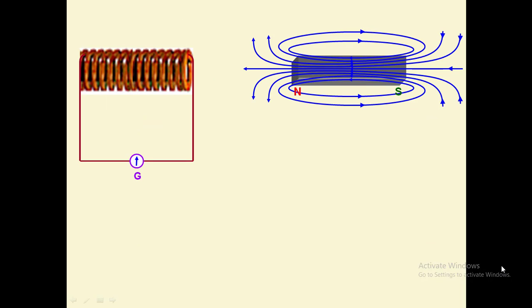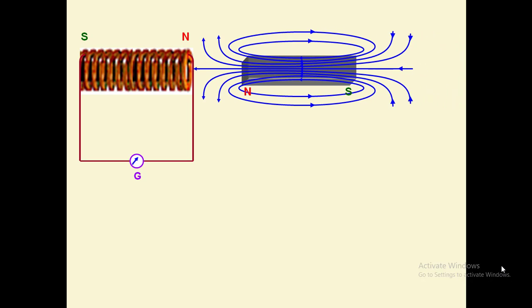So in the previous experiment we have seen that whenever there is a movement of the magnet, there is an induced current. That means whenever the flux linked with the coil changes, only then is there an induced current. Here also, I am taking only one solenoid coil which is connected to a galvanometer and a bar magnet such that the north pole of the bar magnet is facing the solenoid. You see the field lines? The field lines are linked with the solenoid coil. Even then there is flux, but there is no current.